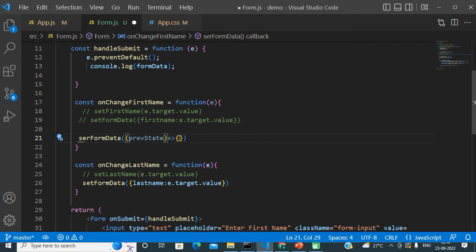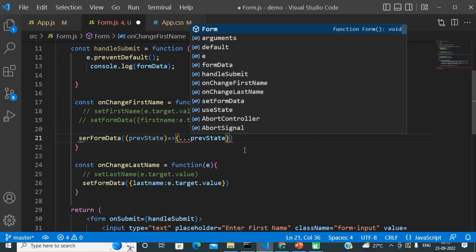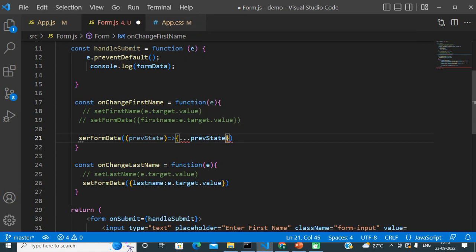And here normally with the help of the JavaScript spread operator, we just copy our existing, meaning our lastly updated state, and after that we pass our new state. Whatever new value, whatever new state property we are going to update, we can pass something like that.